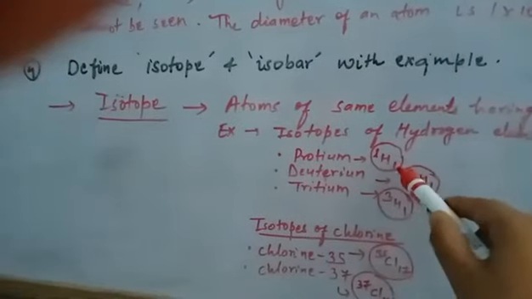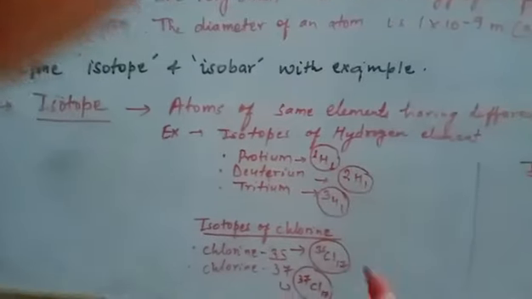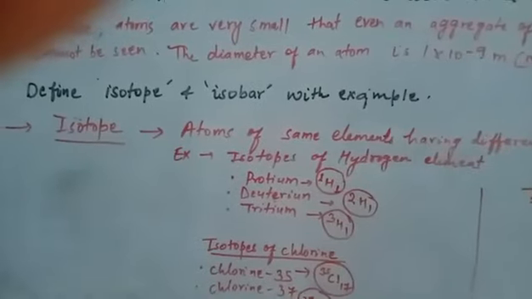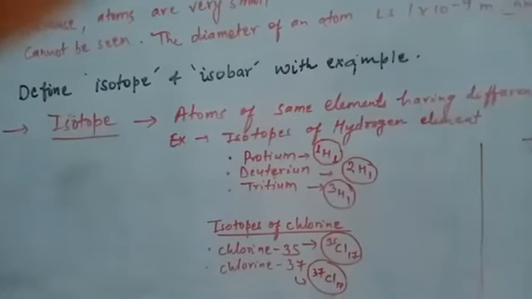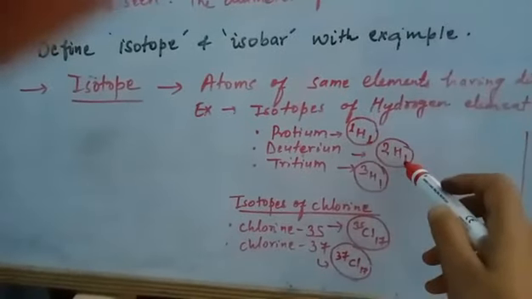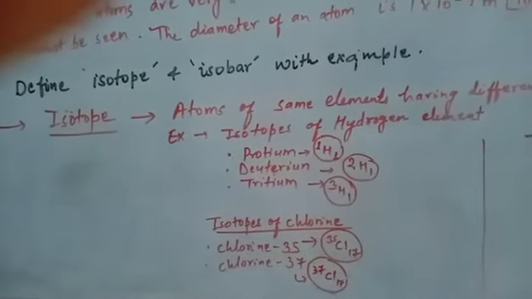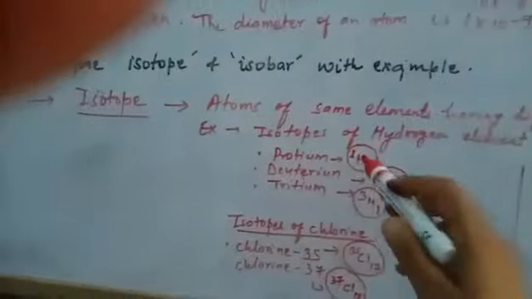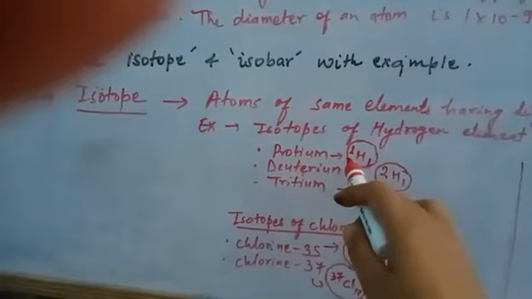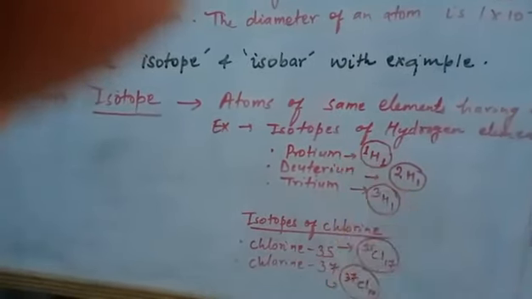Now you will have some doubt, like what is the 1 written here. This shows the atomic number of the element, which you have to study in the next chapter. For now you should just know this is the atomic number, written as a lower subscript at the left side of the symbol, and the atomic mass should always be written as an upper superscript at the right side of the symbol.